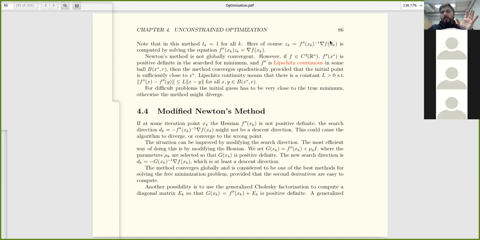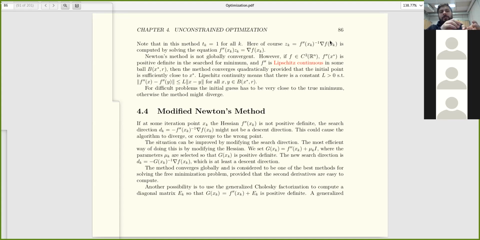Those are two conditions that need to be satisfied. Well, they don't need to be satisfied, but in order to guarantee convergence, those two have to hold, and also the so-called Lipschitz continuity. The Lipschitz continuity says that when we are near the optimum point,